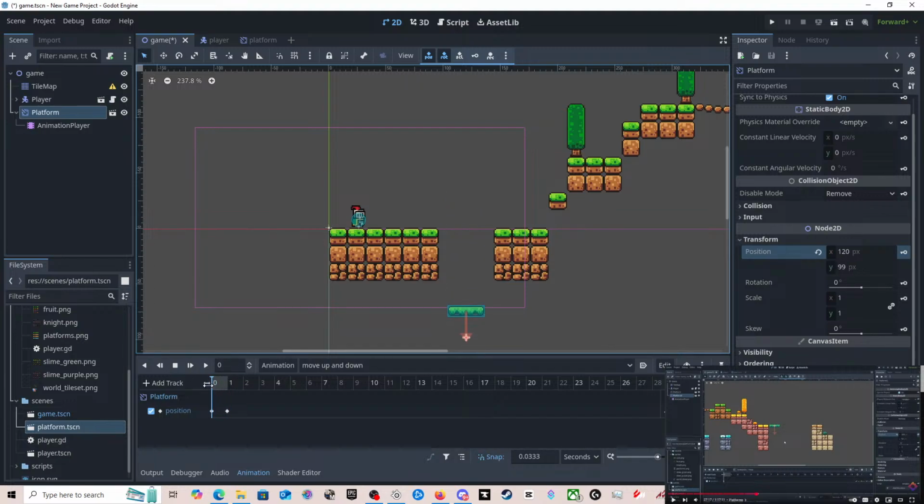There you go. Nice. But what we want then, if that's going from that position to that position, is to do auto. So that should go up and down now.